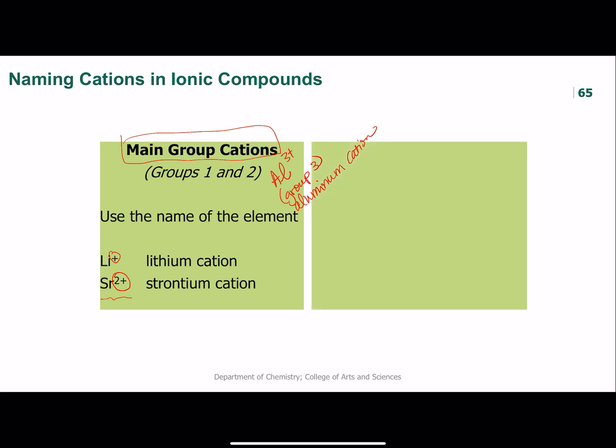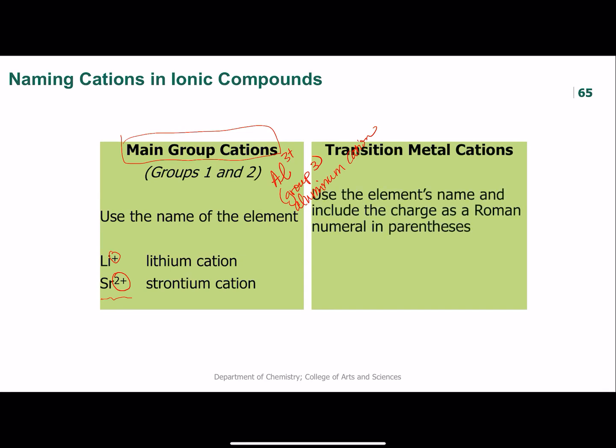Now we can move to the middle of the periodic table where the transition metals are. And now there's nothing common because these guys don't play well with everyone else in the sandbox. The problem with the transition metals is that they don't always lose the same number of electrons. So they don't always have the same positive charge. Copper, for instance, can lose a single electron and become copper 1, or it can lose 2 electrons and become copper 2. The chemist needs to know the difference between those two because they're probably 2 different bottles on the